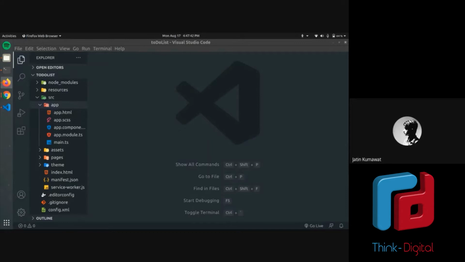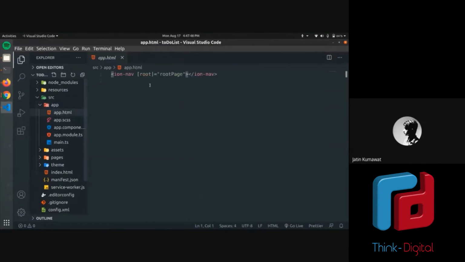This is the area from which Ionic knows where to begin. If I open this, here is the root page, and this root page is assigned to the home page. So this is an important folder. You need not worry about it too much or touch it.